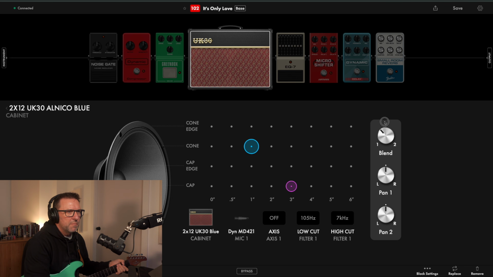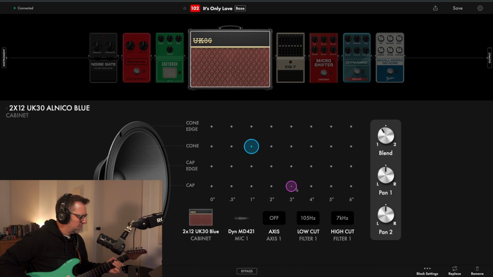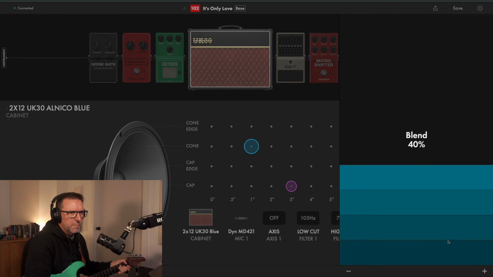Okay, I want it to be the majority of that tone. I want it to come through the MD421 and then a little bit of brightness from the ribbon mic. Maybe even a little bit more.